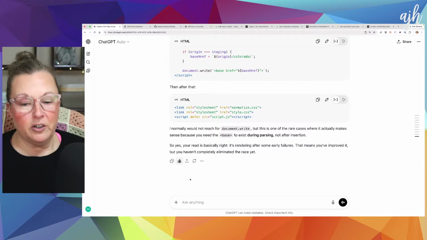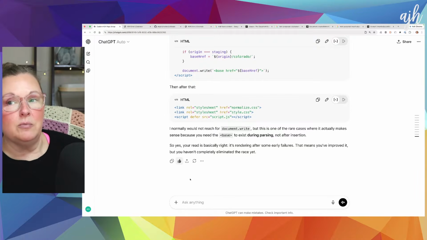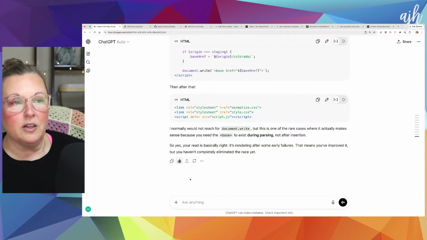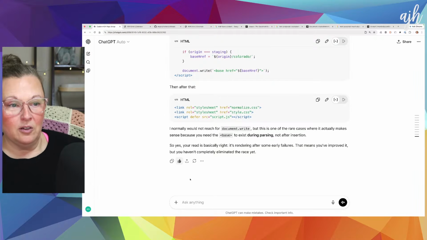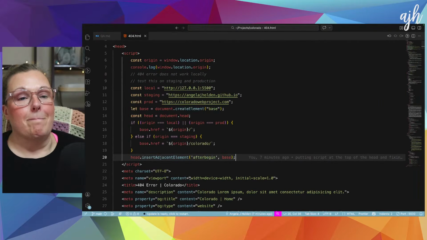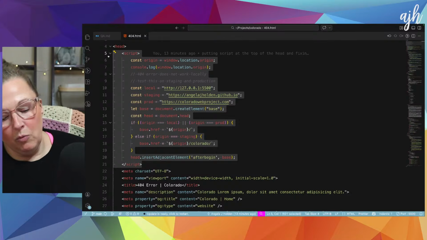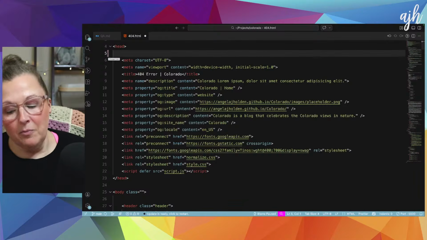Okay, so here's what this is telling me. I think it just needs to be static. I think we shouldn't be using JavaScript for this because this is one page. It is an important part of a website, and I think we should be doing this on all of our builds. But this much work to do this one thing probably isn't worth it. So we're just going to put in a base URL and